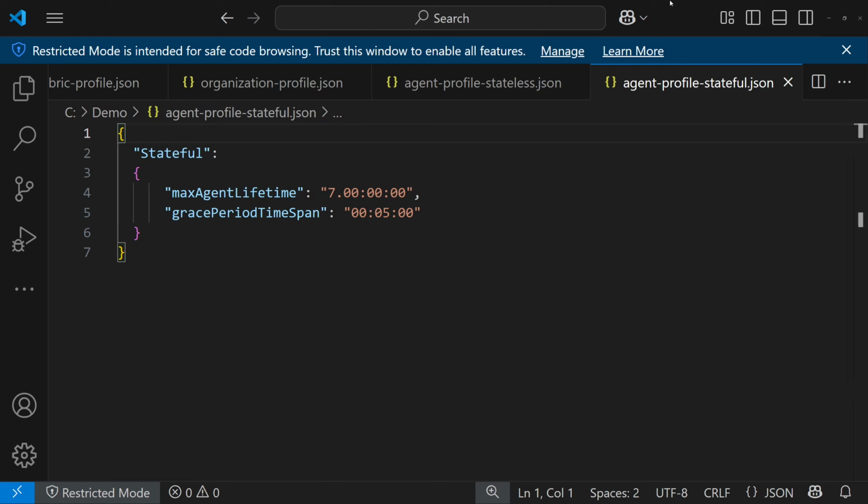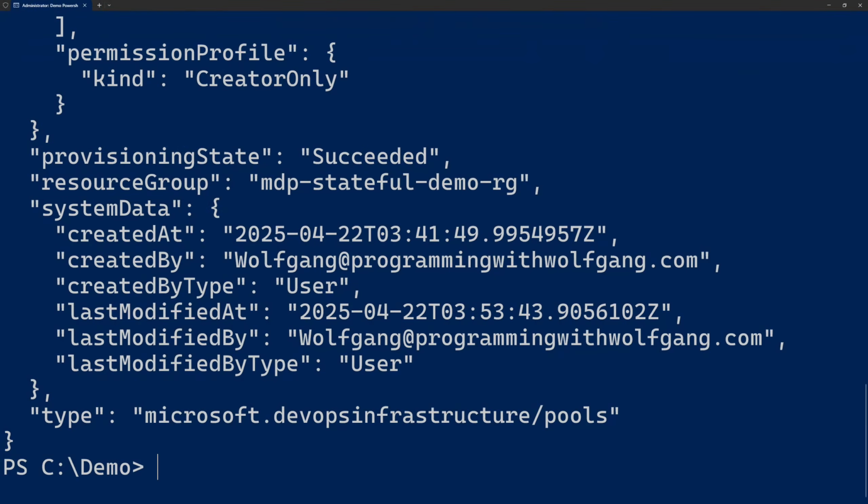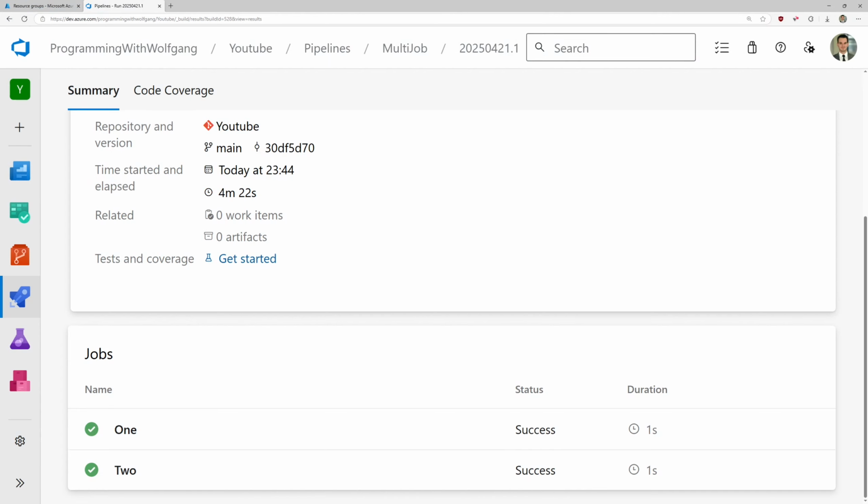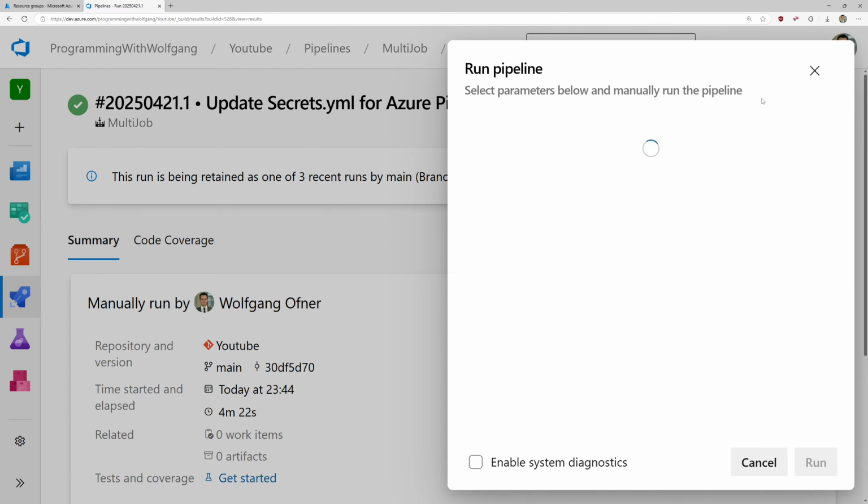By now, the agent pool should be updated, so let's quickly check. And yeah, the agent pool is updated. This means we are now using a stateful agent. So let's move over to the Azure DevOps pool and run our pipeline again. So just saying run new,